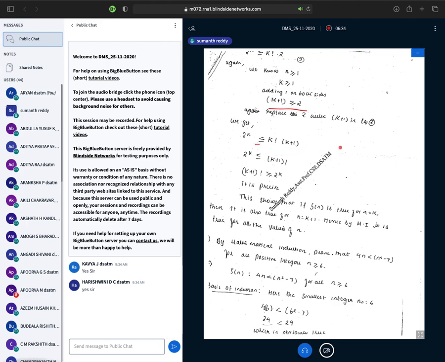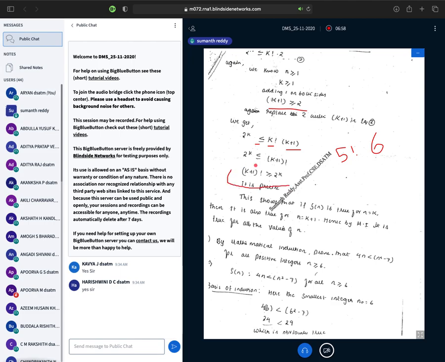In general, suppose I have 5 factorial. If I multiply this 5 factorial with 6, what will happen? It will become 6 factorial, right? In the same way, if I have 10 factorial and I multiply with 11, it will become 11 factorial. In the same way, here I have k factorial, I am multiplying that with k plus 1, so it will become k plus 1 factorial. And that is the required result.